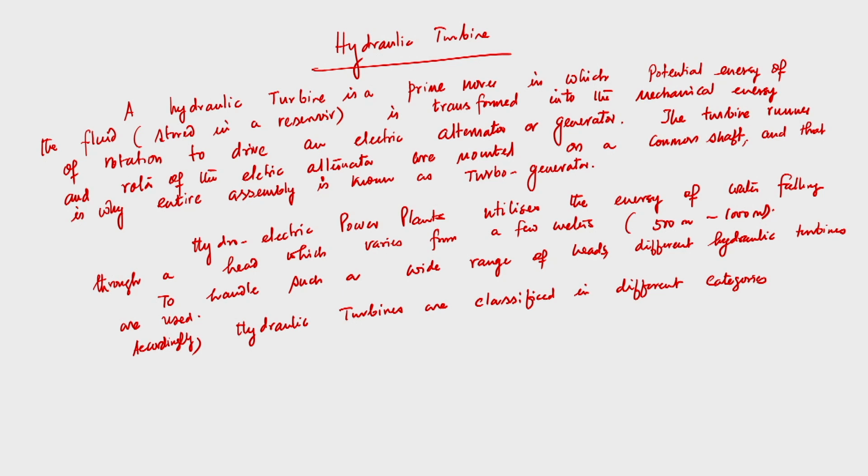I discussed at the beginning of this course that, depending upon the direction of energy conversion, we can classify turbo machines into two categories. One is the pump, where mechanical energy is converted to increase the stored energy of the fluid in terms of pressure or velocity. In a hydraulic turbine we have the reverse scenario: the potential energy of the water stored in a reservoir, which may be situated a long distance from the axis of the turbine, is allowed to fall through pipelines.